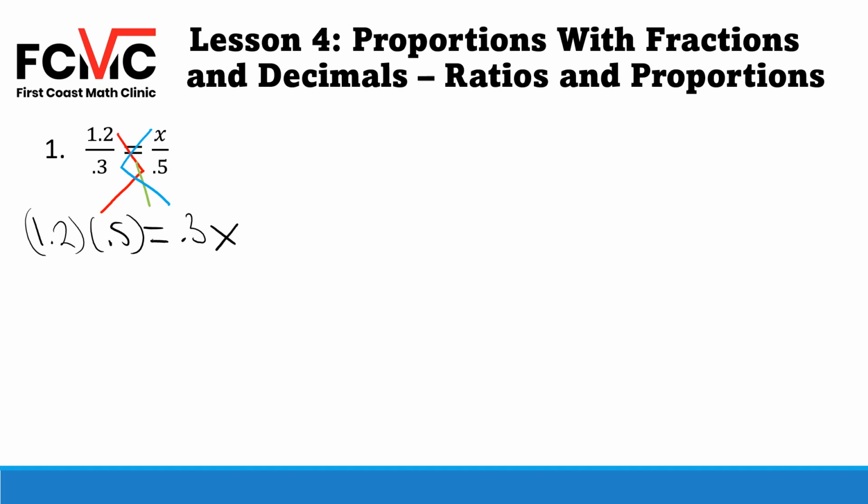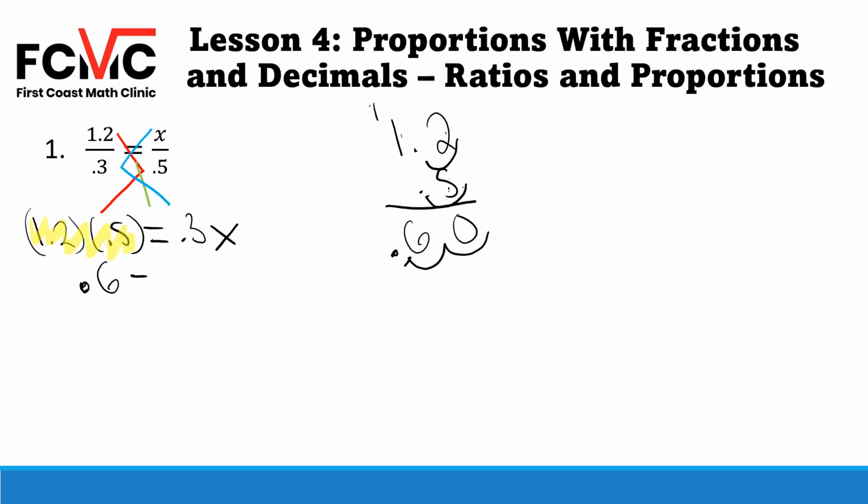So I made another video on multiplying decimals. I'm going to do this one really quickly, but if you want to check out how to multiply decimals, you can check out the link for the video that's going to appear right now. But let's just do this example really quickly. So I've got 1.2 times 5. 5 times 2 is 10. 5 times 1 is 5, plus 1 is 6. Now we're going to count our decimal places. 1, 2, and that's the place value. We're going to move our decimal in the answer. 1, 2, so our answer should be 0.6. So we'll get 0.6 equals